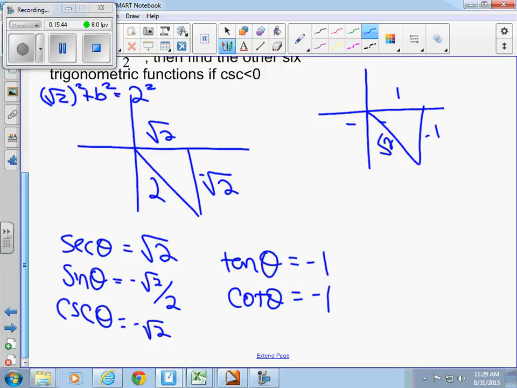If I knew all of those 6 trig ratios, could I say I got 45, 45, 90 in quadrant 2? Could I just go through and change the signs appropriately? The sine would have to be positive, cosine would have to be negative, tangent would have to be negative. Does everyone see what I mean by that? And note that those ratios are the